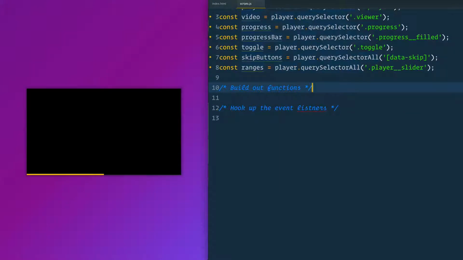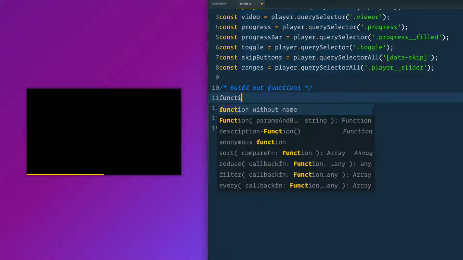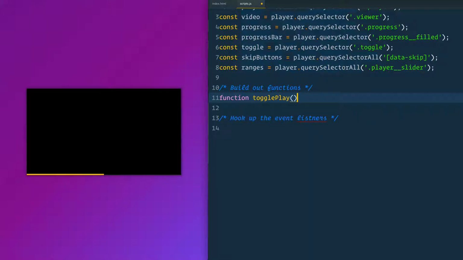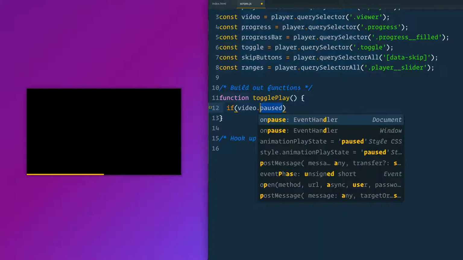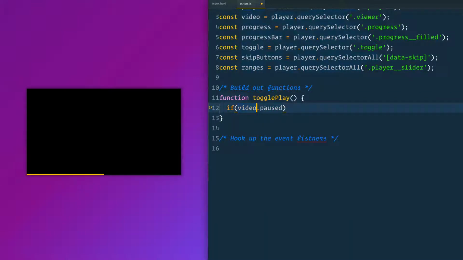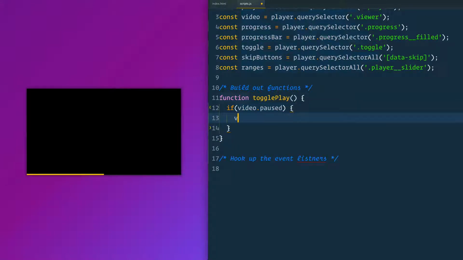Next, let's just start easy and work with the toggle play. We're going to have a function called togglePlay. When that is called, we are going to either call .play on the video or .pause. So we'll say if video.paused, because paused is a property that lives on the video. There is no playing property, there's only a paused property. And we will say video.play, else